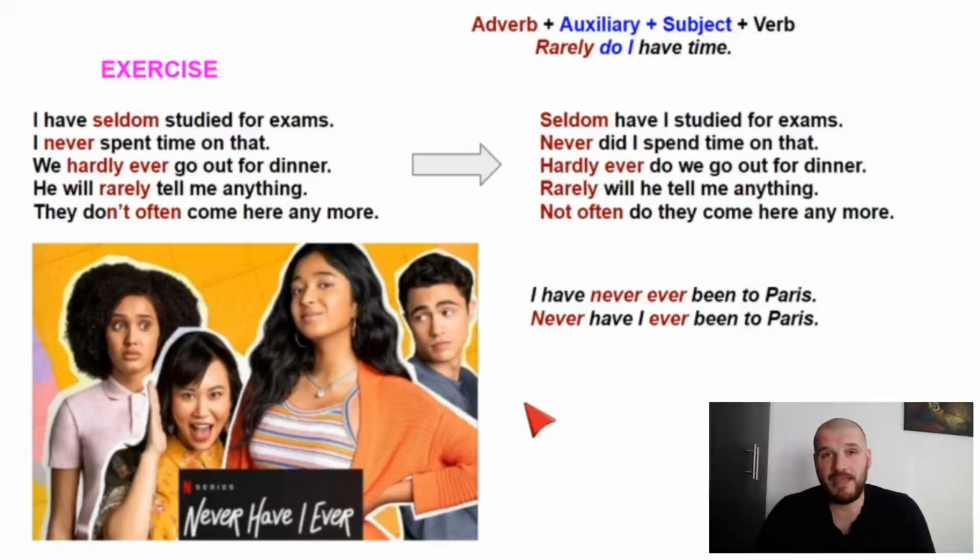So the game, especially in American culture, everybody sits in a circle and normally they're drinking alcohol. And one person says, never have I ever kissed another girl, for example, if a girl says that. And all of the girls who have done that, they have to drink. Okay? And everybody laughs and says, oh, you kissed a girl, and so on. Okay? Never have I ever. It's a game. A drinking game, normally, in America especially. But it is a good example of inversion after a negative auxiliary. The person could just say, I have never kissed another girl, but the expression is, never have I ever.